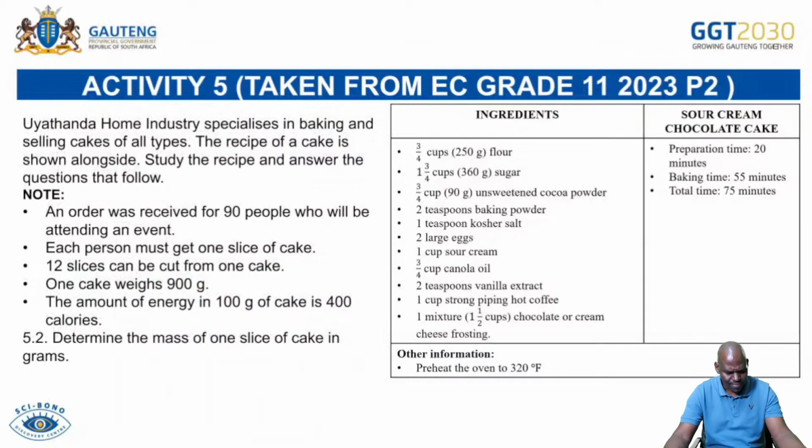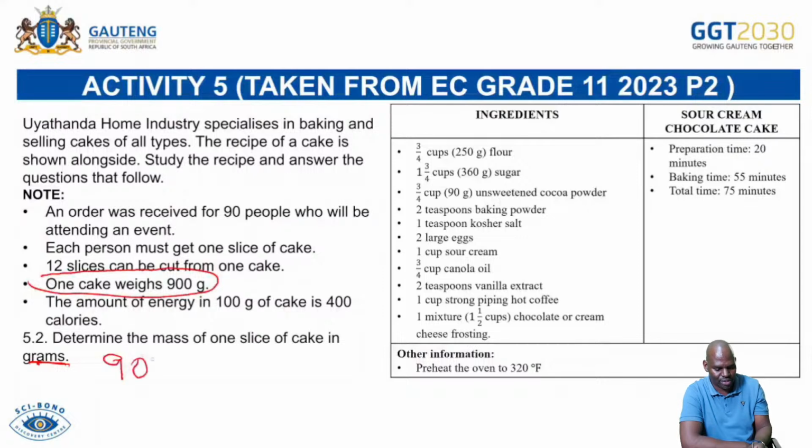Okay, then for 5.2, it's determine the mass of one slice of cake in grams. Okay, the whole cake weighs 900 grams, so it's 900 grams, you know it. But how many slices are there in each cake? There are 12 slices, so I just take this, I divide it by 12, so it's 900 divided by 12 is 75